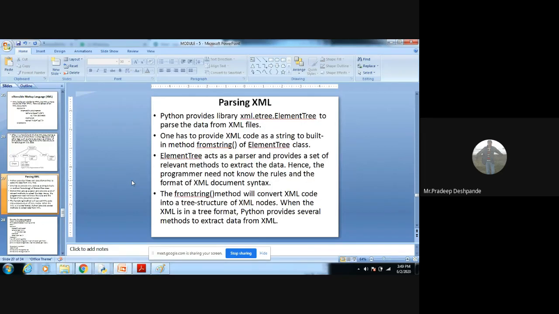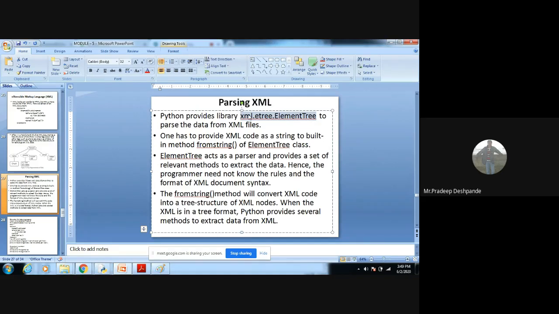Then we will see how to parse the XML. Python provides a library called xml.etree.ElementTree to parse the data from XML files. You need to remember this: xml.etree.ElementTree.